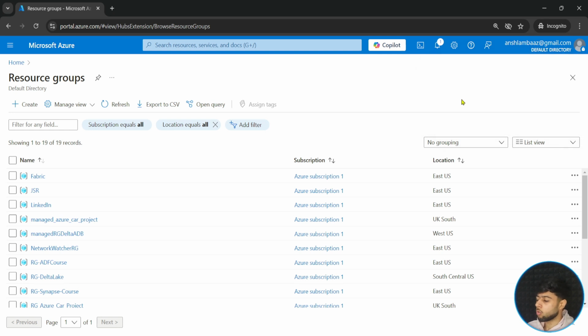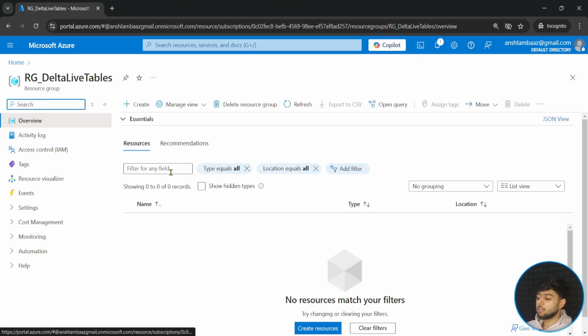So I will simply click on go to resource group. Then it will just take me to the resource group. As you can see, it is empty. Why? Have you created anything inside this resource group? No. So if you want to create